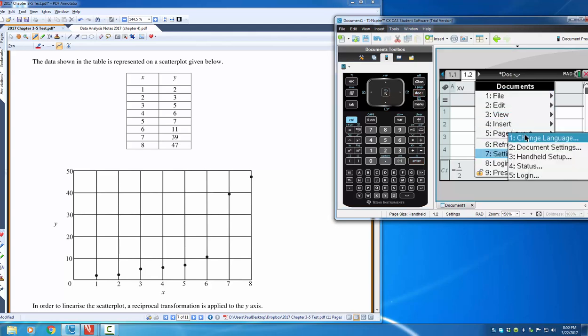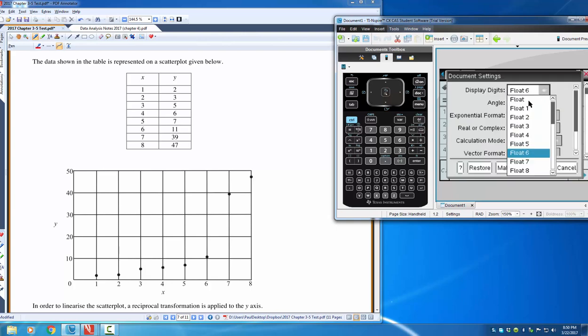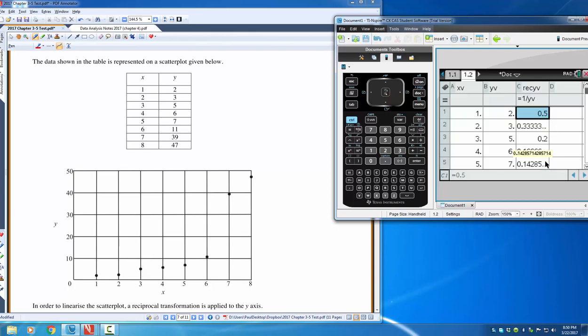So I'm going to change my doc settings. Alright, get that off float 6 and drop it into float. And calculation mode, let's get an approximate. Okay. Alright, now let's run